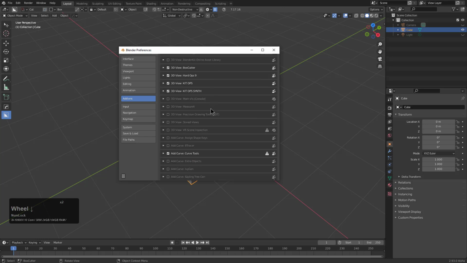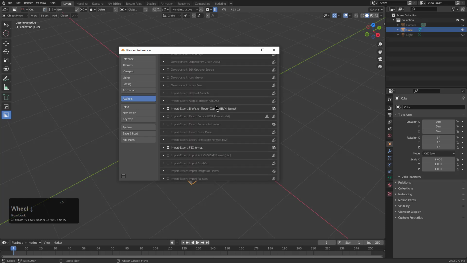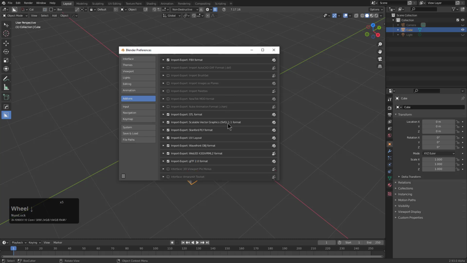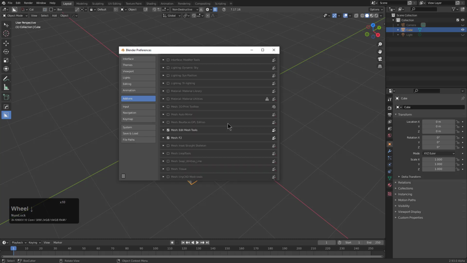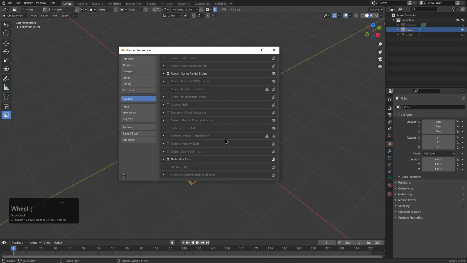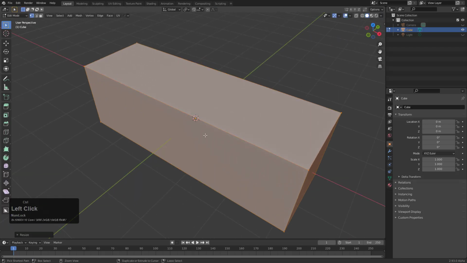In fact, we can just go scrolling down the list and just kind of looking at what add-ons we need to our general experience. However, just know that enabling everything is going to make your Blender really trippy and hardly useful, but you just want to just kind of scroll down, look for what you need, and after that, just save your preferences. So now that we have Mirror Tools, that means I could stretch this cube out, put a couple of edge loops in it,